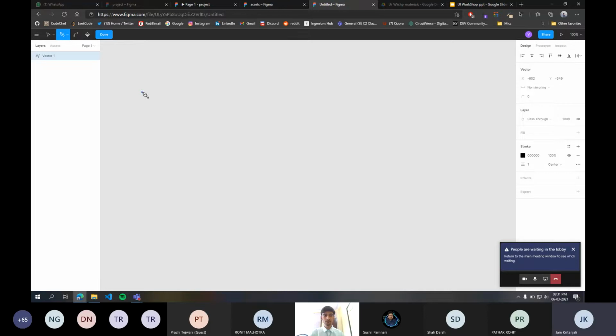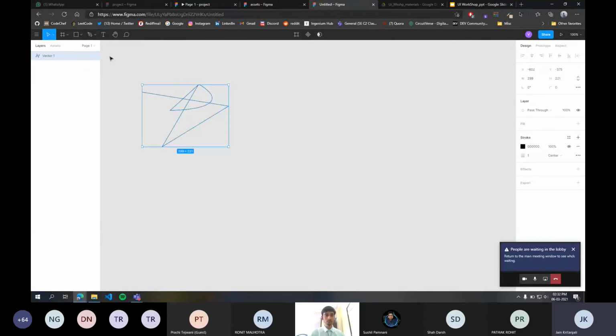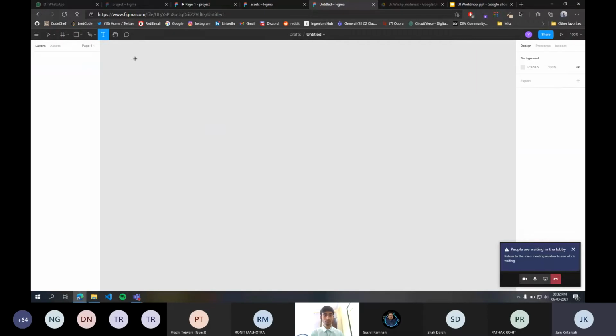So the pen tool allows us to create custom shapes in Figma. The points that you can see are the anchor points, which we can move around and create shapes. Later on in one of the frames, we are going to use this pen tool, so at that point it will be explained in much more detail. The next tool that we have is the text box. The text box is basically to add text to our frames, and to format the text in different sizes, fonts, and all of that.